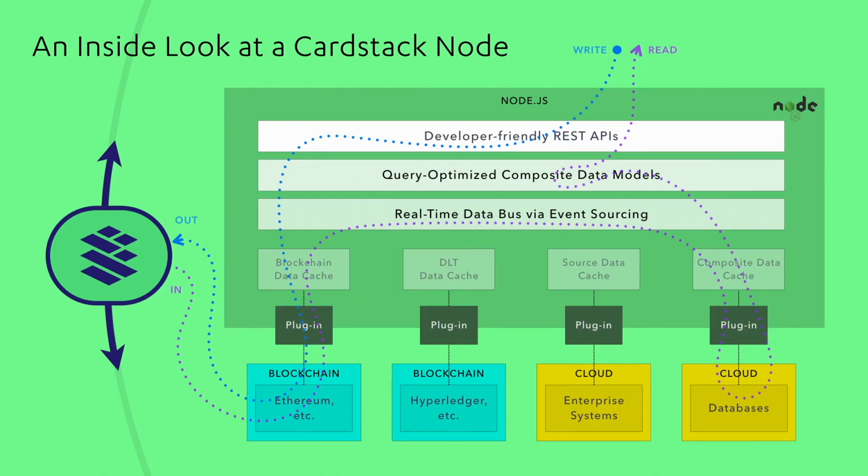It requires a different way of thinking, and this architecture, this Cardstack node, is an insight that we had. For us to be able to allow the blockchain, the cloud, and people to come together, you have to build this infrastructure, but build it in a plugin way. But once we have these layers, the event sourcing, data model, and REST API, and are able to use Docker to support plugins and NPM to distribute these on-ramps, I think we've demonstrated the value of this Cardstack